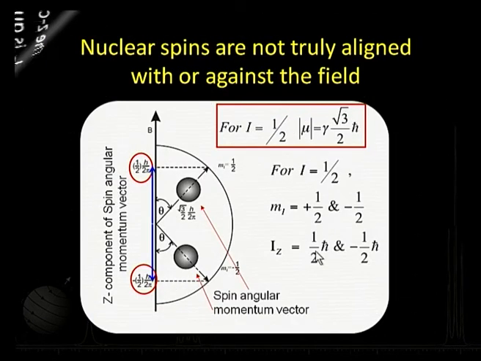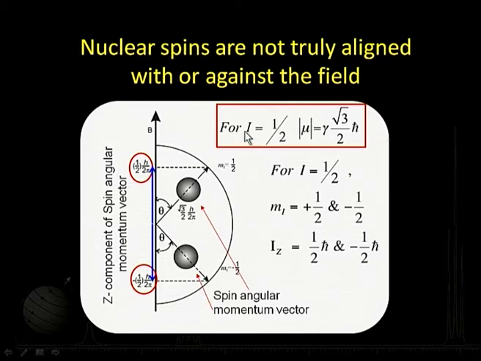Now I just made a mention there, we do say that spins are aligned with or against the field, but in fact what happens is the nuclear spins are aligned at a certain angle theta, because this is the z axis, my field direction, this B is the field here. When I apply the magnetic field, there are two possibilities, one oriented like this, aligned with the field, and this aligned against the field. So at a certain angle theta.